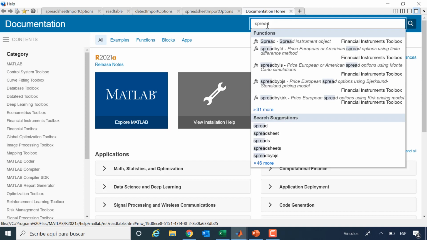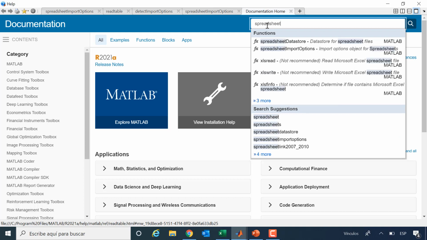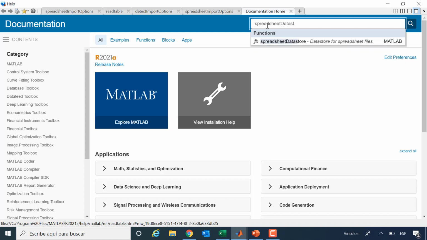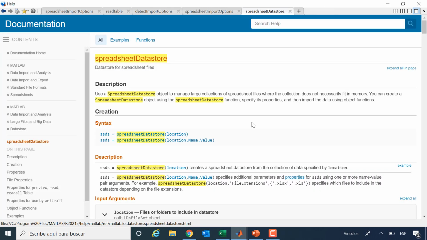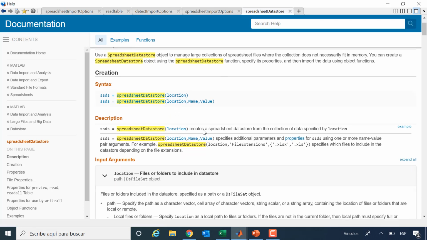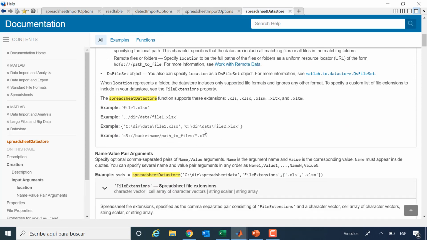And this instruction is going to be spreadsheetDatastore. Again, you could also use datastore and let MATLAB know that we're talking about a spreadsheet. Okay, so you can search this and find different examples.